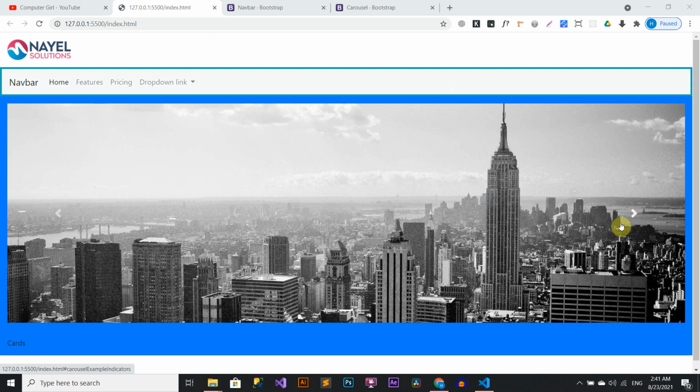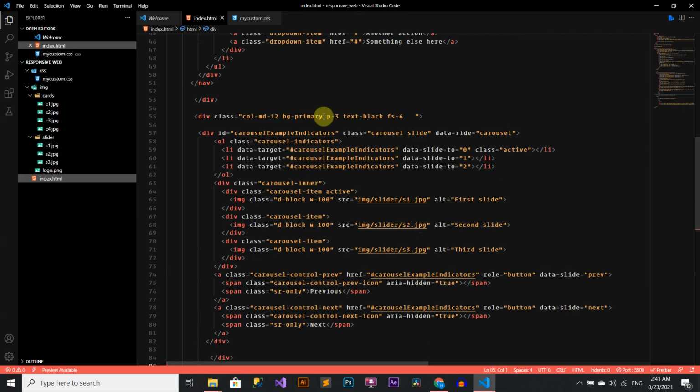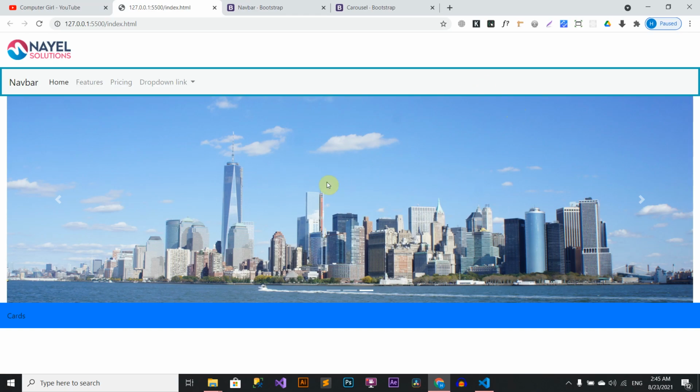I will remove the background color from the slider and also the padding. So I will just remove bg-primary and p-3 from here, which we implemented in the last class. Now see, it looks good now.